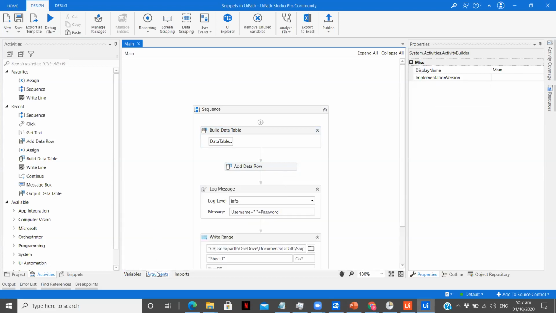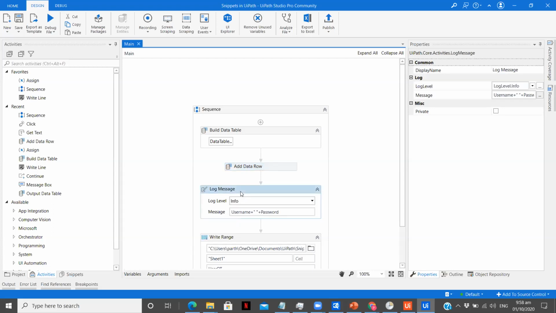So now we are triggering this process on the click of the submit button. So till now we will definitely be having values in the username and password column. So we are using add data row in which those arguments will be passed. Now here you can't create variables, because the values are not over here, but they are going to come through orchestrator, through our form, through our apps. Sorry for saying forms again and again. So it is going to come through our apps. So for that, we need to keep them as arguments.